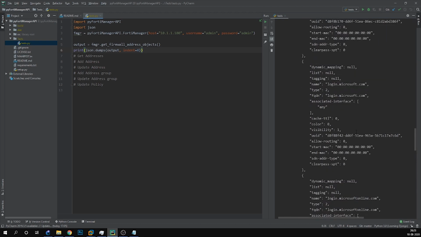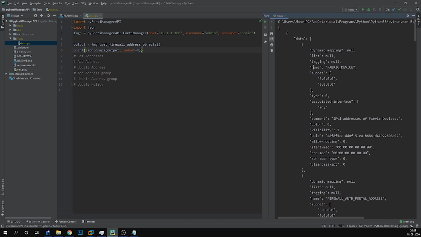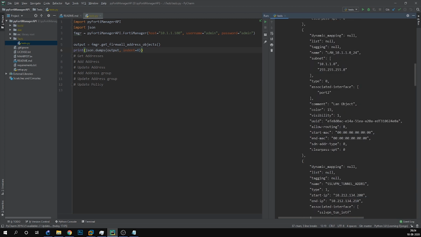Now here these are all the addresses present in FortiManager. We can see the name, fabric device with subnets 0.0.0.0. These are all objects in the FortiManager.